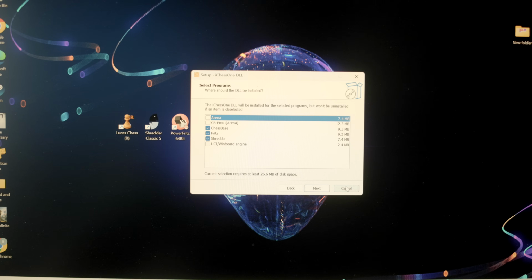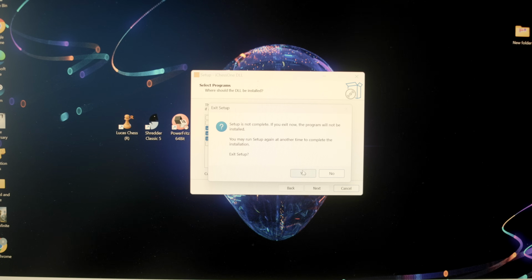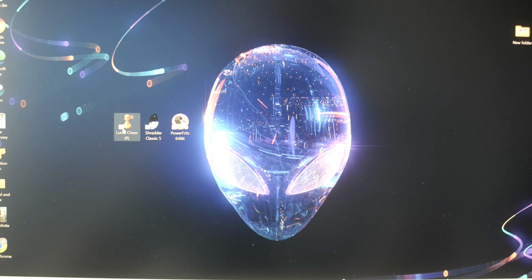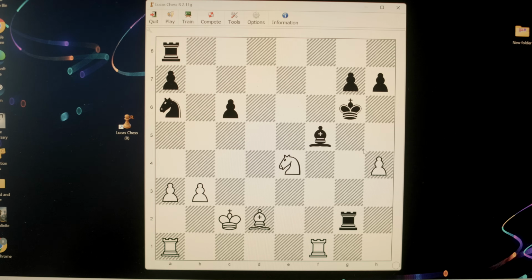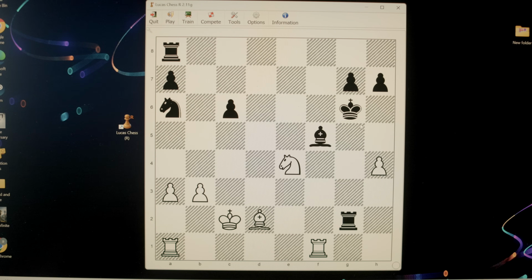Another thing that I talked to Graham about is he did say that at some point hopefully we'll be able to use the iChessOne board with Lucas Chess. Now Lucas Chess is an application that's relatively easy and kind of basic looking over here, that will allow you to similarly play some games using that connection between Windows and the iChessOne board. And over here